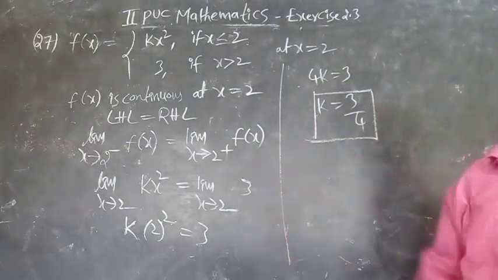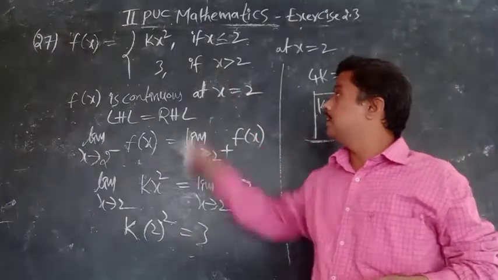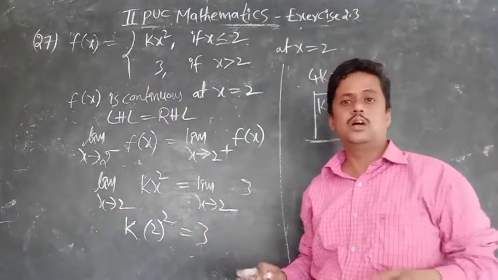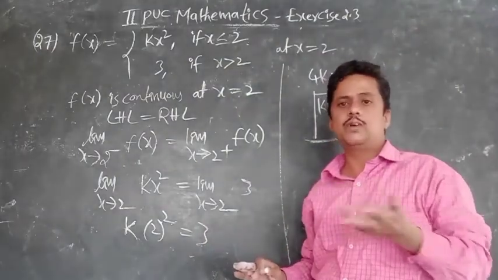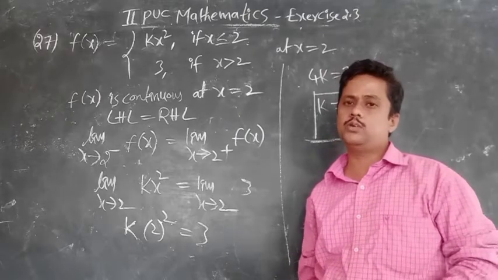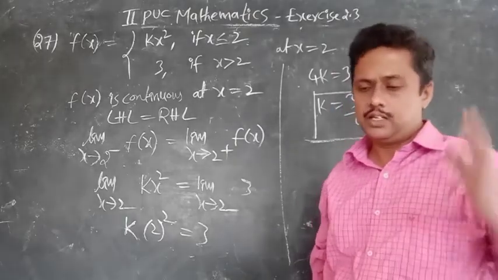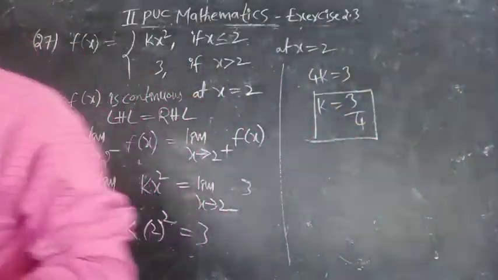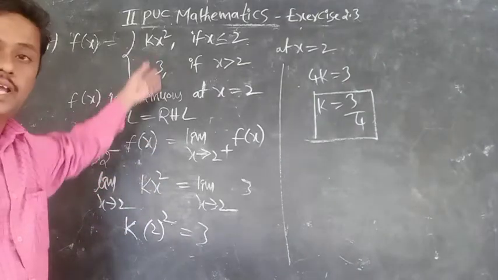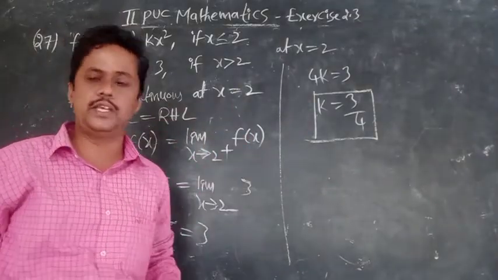Very easy problem. For continuity, LHL and RHL play a role. If equal to and not equal to is there, use the first formula. Limit x tends to that point is equal to f of that point. Okay, pi by 2 is not the way. Limit x tends to pi by 2 f of x is equal to f of pi by 2, already used, because the question is like this. Next, coming 4-mark problems will be done like this only. Very easy, only 4 or 5 steps. Very easy to score the marks.